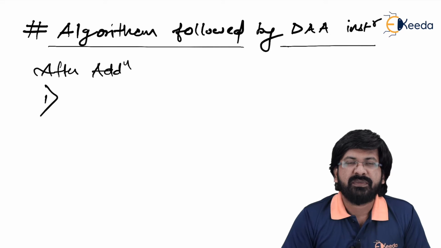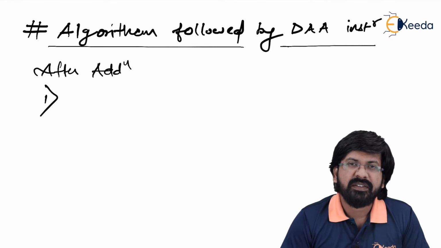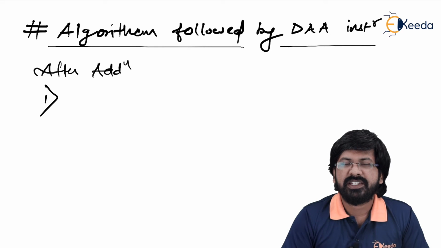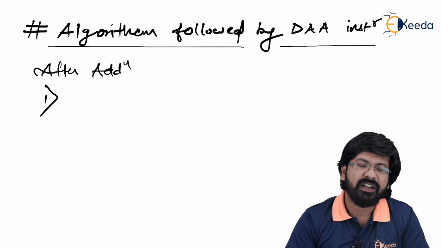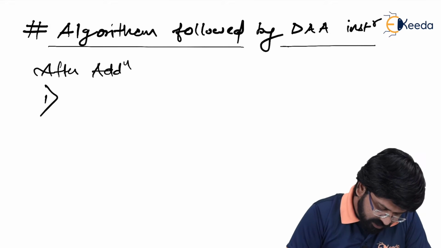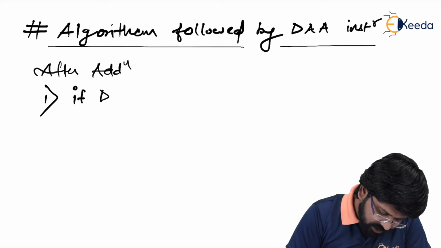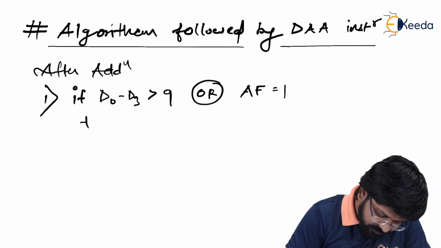It checks if the lower 4 bits of the result, that is D0 to D3, are greater than 9, or if the auxiliary carry flag is set to 1, then those 4 bits indicate invalid BCD. And if it is invalid BCD, to correct it, it adds 6 to it. I'm going to write it, and with enough examples I'll make you understand how it works. So after addition, if D0 to D3 of the result is greater than 9, or the auxiliary carry flag equals 1, then we add 6 with